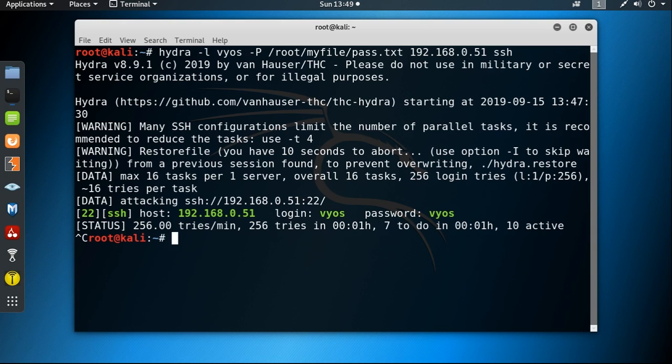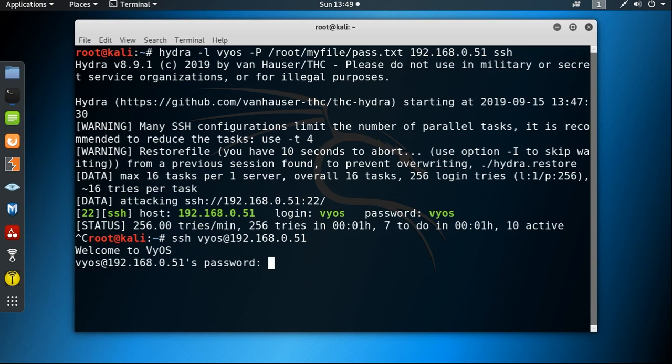Now use this password to log in to that particular system using the SSH service. SSH, then username VIOS at the IP address 192.168.0.51, and welcome to VIOS, and it's asking for the password.